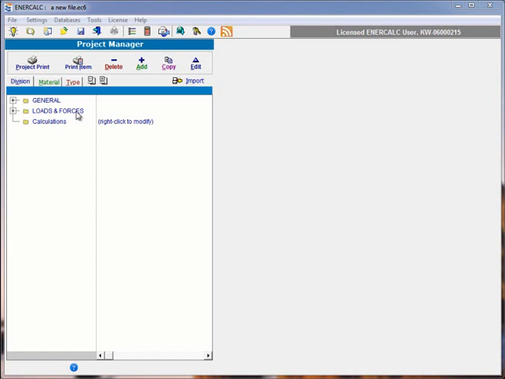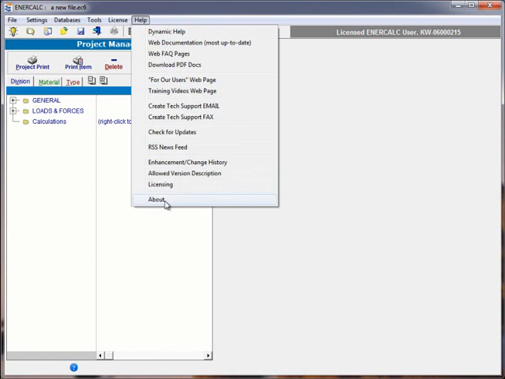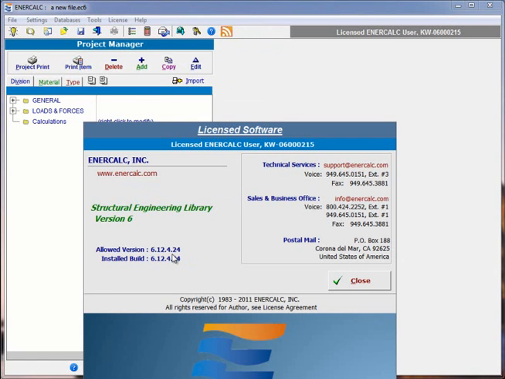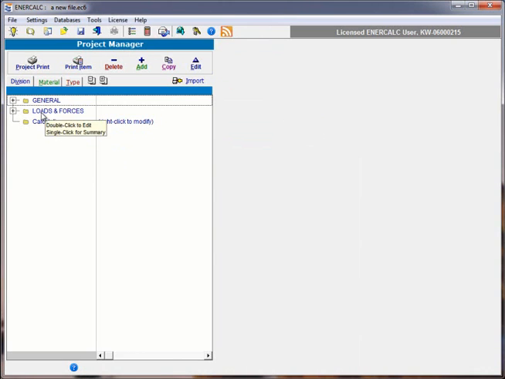Now, just for reference, I would point out that I've created a brand new file for the purpose of creating this video, and I'll also point out that I'm currently using build 6.12.4.24, just for reference. The Loads and Forces division is one that comes into a brand new project file automatically,